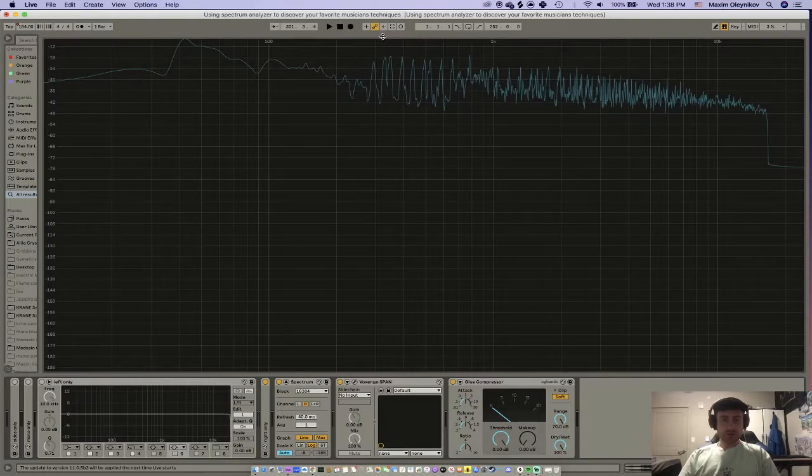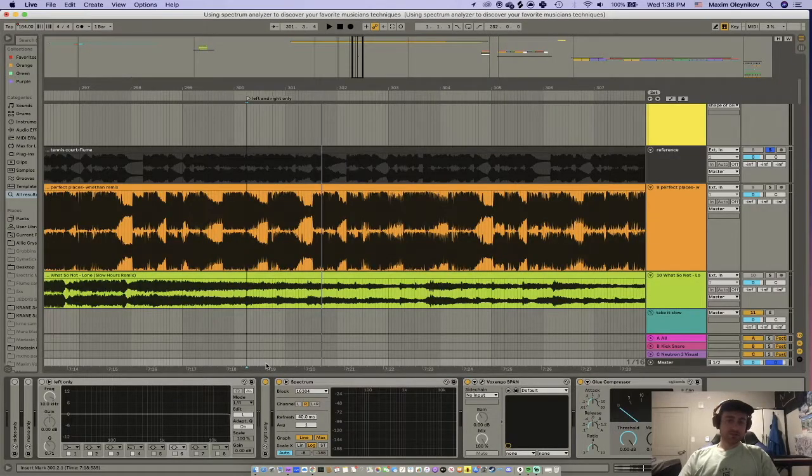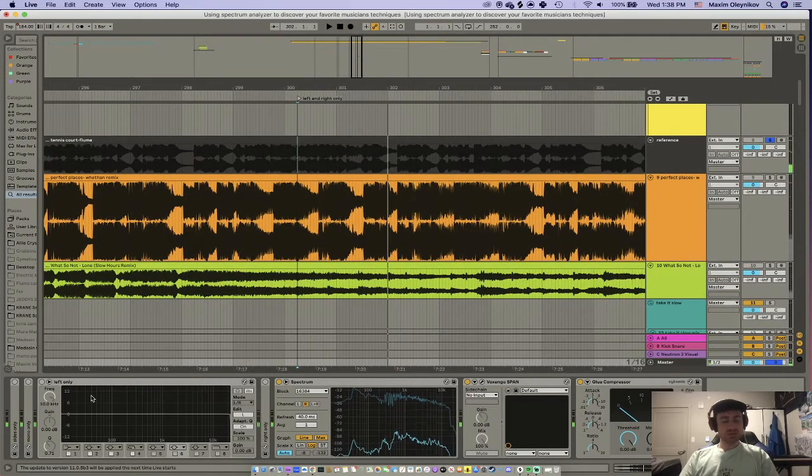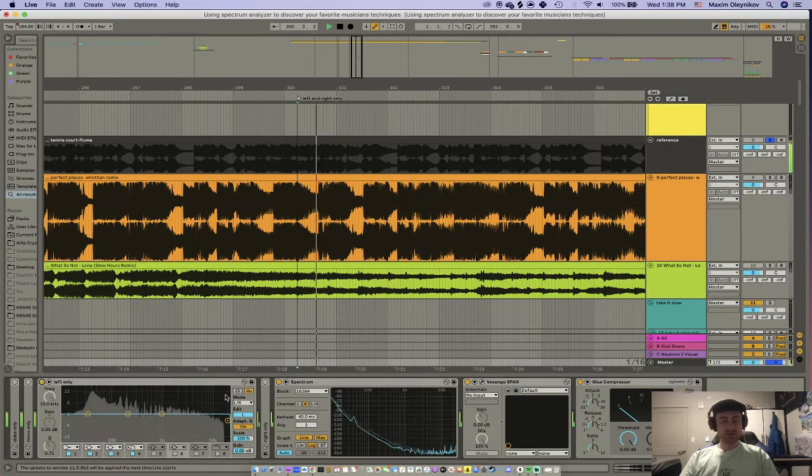And really this is super interesting to me because it showed me that what Flume actually did in this song was he had two saw layers, and instead of just sort of hitting the D tune and just pitching or panning some stuff to the left and panning some stuff to the right, he had essentially a whole different octave playing on the right ear and the left ear. And you can actually hear this in the whole mix if you listen carefully, but it's not so clear. But they're similar volume. But if you just isolate the left only side,